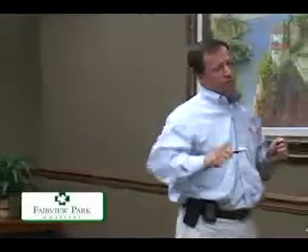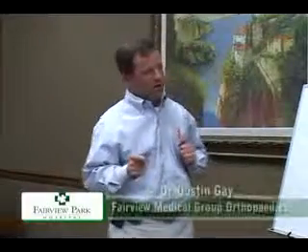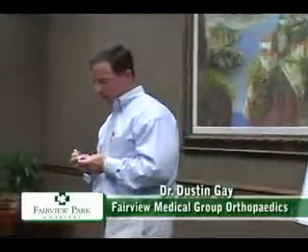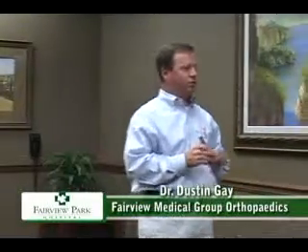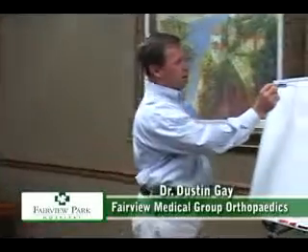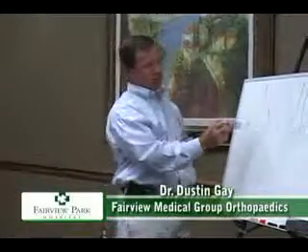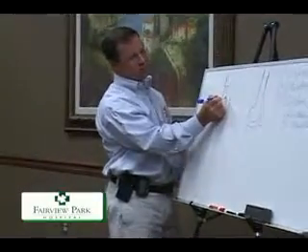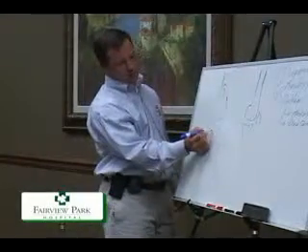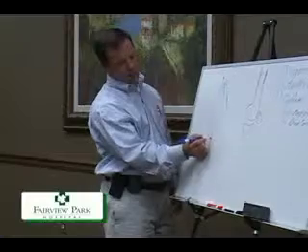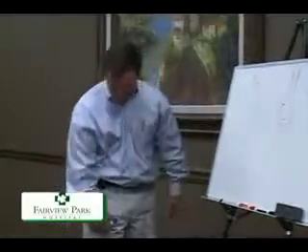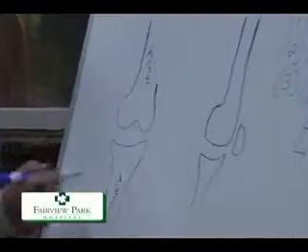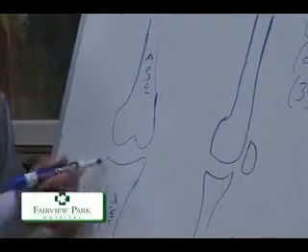So what I've done up here is drawn a non-artistic, non-anatomically correct drawing of the knee because I'm not much of an artist. That's why I'm a surgeon. But anyway, this is what a knee looks like from the front. So this is your femur bone up top, or your thigh bone in your leg, and this is your lower leg bone, or what we call the tibia. Okay, so thigh bone or femur, lower leg bone or tibia. There's actually two bones in your lower leg, so there's another little small bone that sits on the outside over here